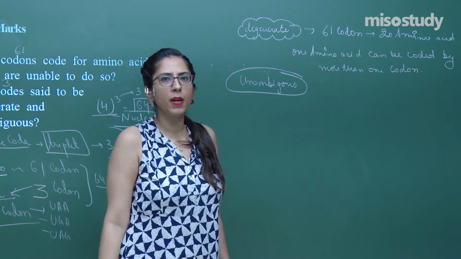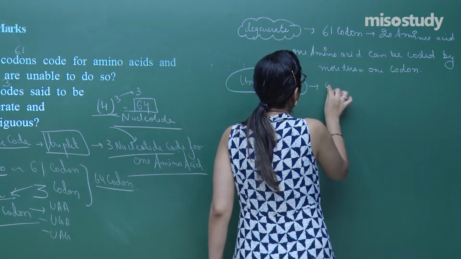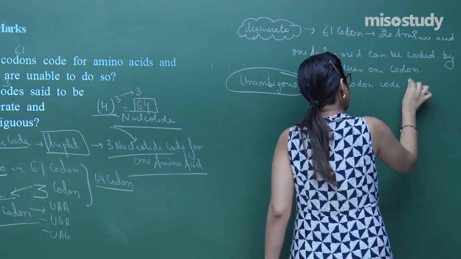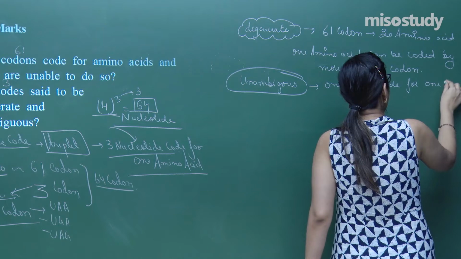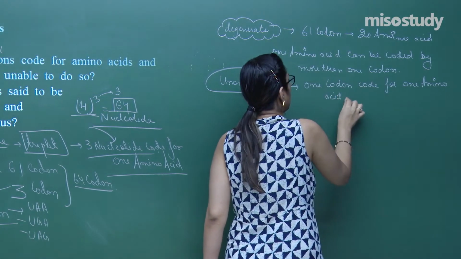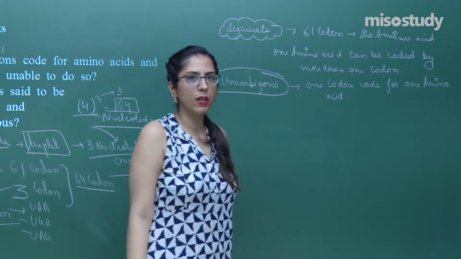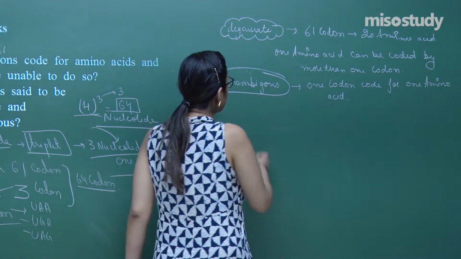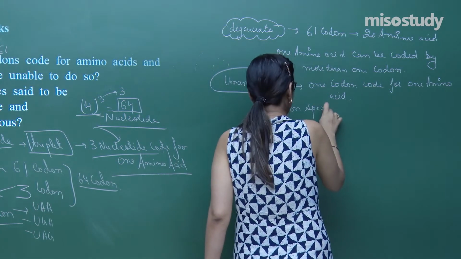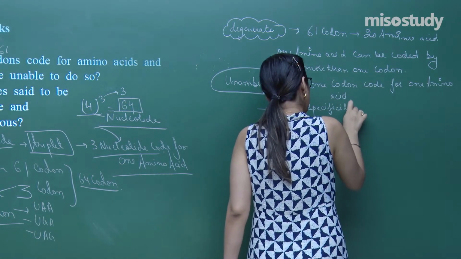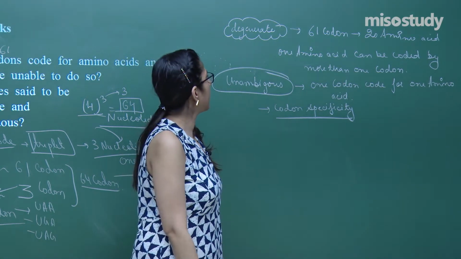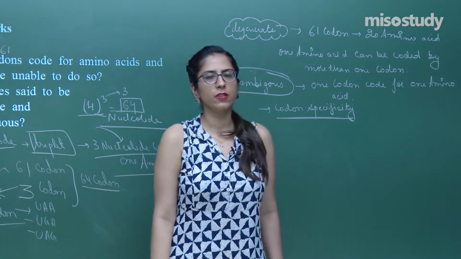Unambiguous. Now, what do you mean by unambiguous? That means one codon always codes for only one amino acid. That is also called codon specificity. Codon specificity, right? So this is called unambiguous, or this is called the degeneracy of the genetic